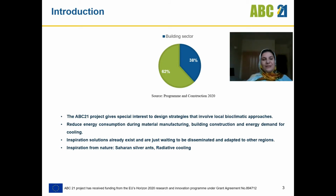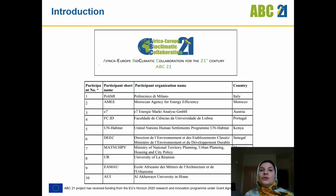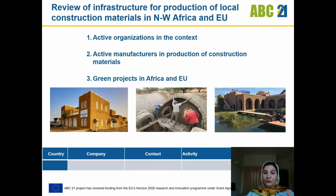We can also get some inspiration from nature, like, for example, the Saharan silver ants, which use daytime radiative cooling because they have a reflective skin that can keep their body very cool, even in very arid and hot environments. For this, a consortium of scientists and engineers working from Africa and Europe are working together to find solutions for this kind of building. The first task was to make a review of infrastructure for production of local construction